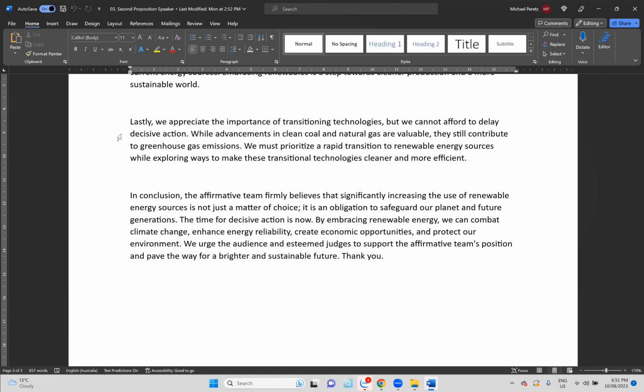While advancements in clean coal and natural gas are valuable, they still contribute to greenhouse gas emissions. We must prioritize a rapid transition to renewable energy sources while exploring ways to make